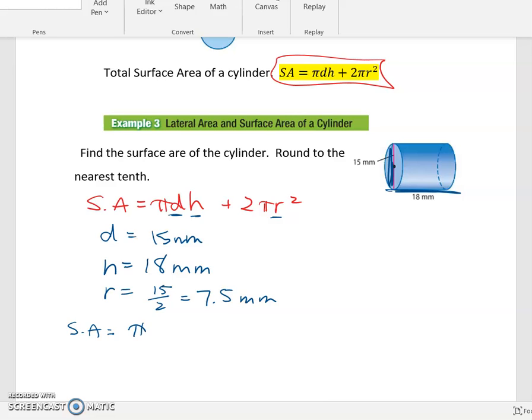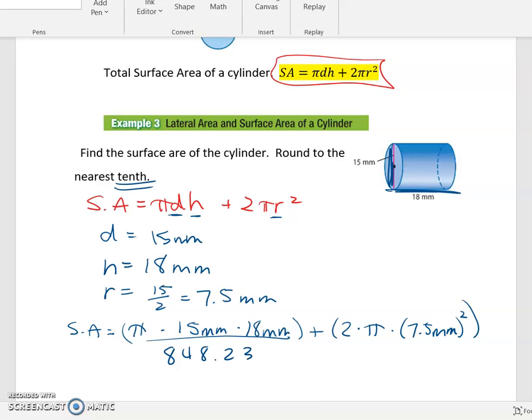And so we have pi, the diameter is 15 millimeters, and the height is 18 millimeters. So multiply all that together. And then I've got 2 times pi times the radius squared. The radius was 7.5 millimeters, so I'm going to have to square that. I'm going to multiply this out. So we have pi times 15 times 18, and that's about